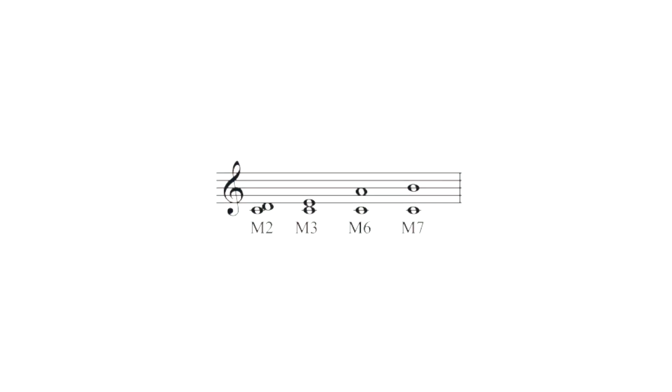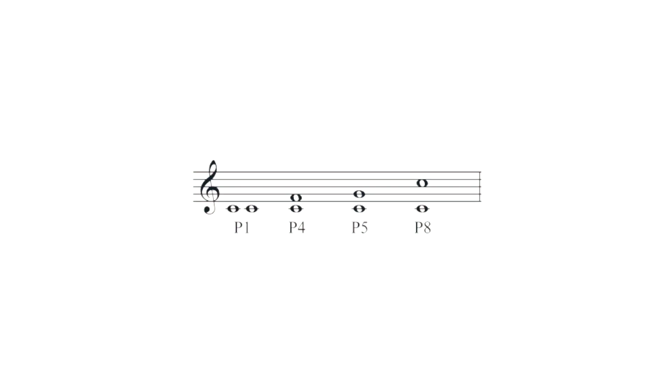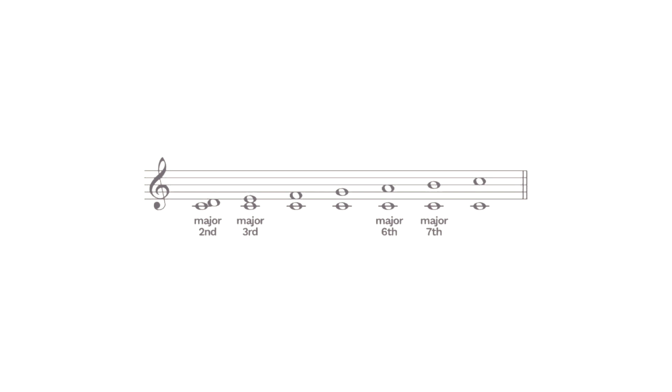I have already mentioned major second and major third. The other major intervals on C major scale are 6th, which is A, and 7th, which is B. 4th and 5th degrees of the scale are perfect intervals. So we can say that in a major scale, 2, 3, 6, and 7 are major intervals, where 4th and